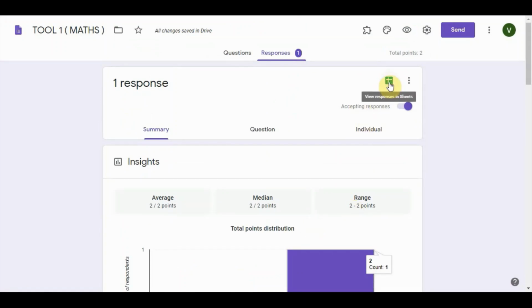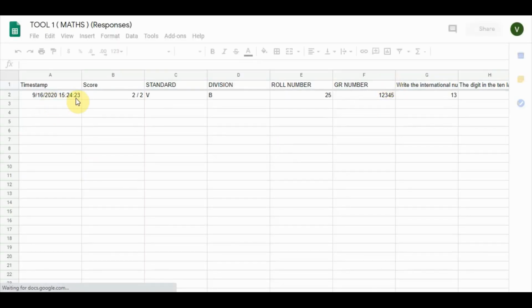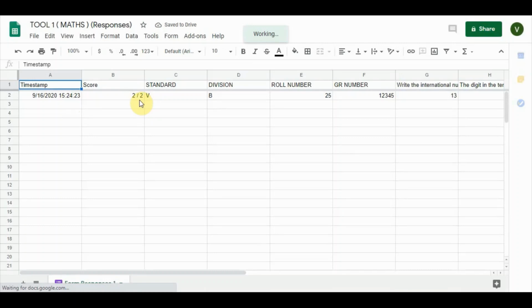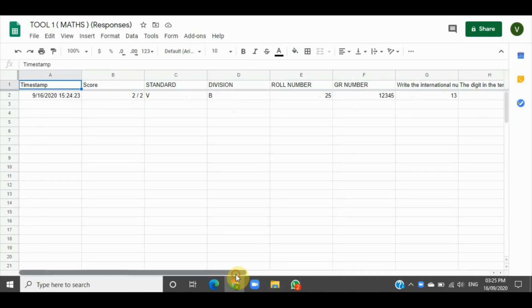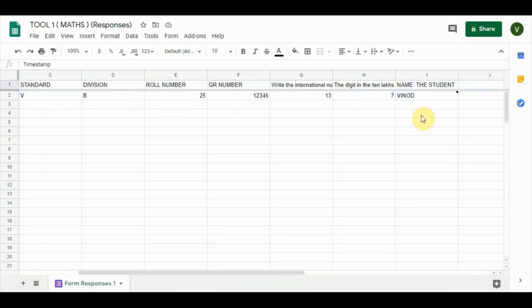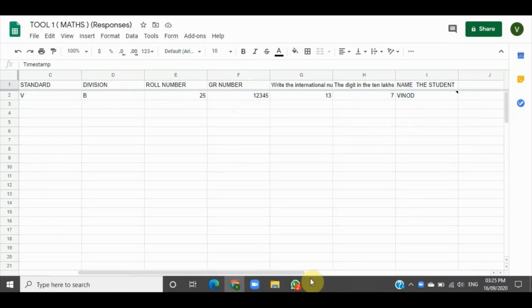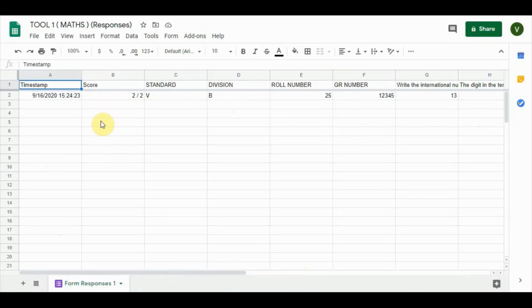We are interested in this, where you can see the responses in the form of an Excel sheet. Here the time and date will come, the score, standard, division, roll number, GR number, and so on. I think my name came last, but that you can change. Like this you will get the data, and we are interested in the name of the student and the score.